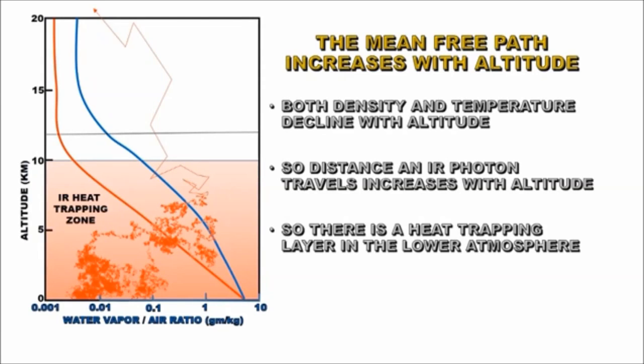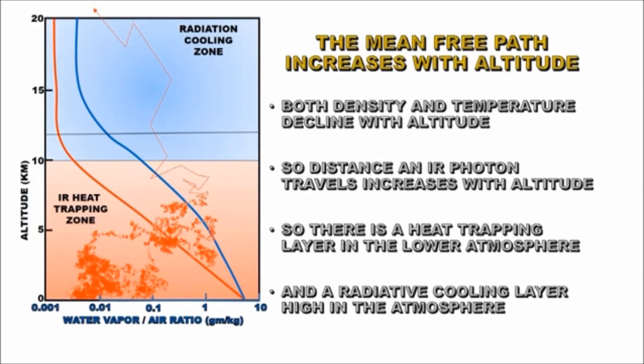So down low, where no photons are actually escaping from the atmosphere, is a heating zone. And the more carbon dioxide and the more water vapor you have, the more steps that will be taken in that random walk, the longer the photon will spend in that time, the greater the chance it will be reflected back to the Earth, and the thicker that heating zone gets.